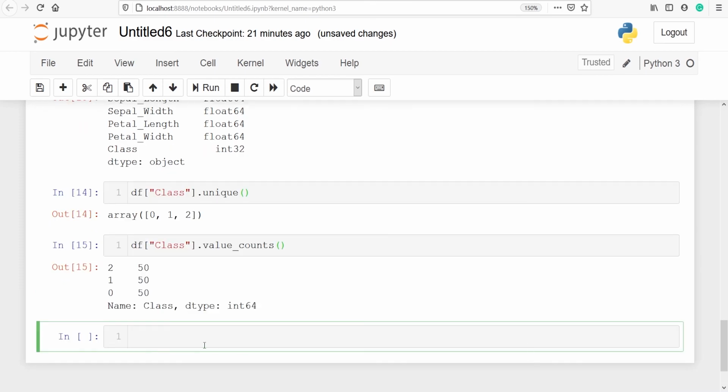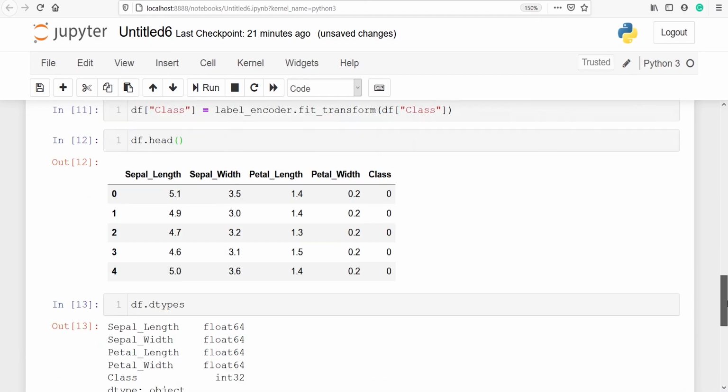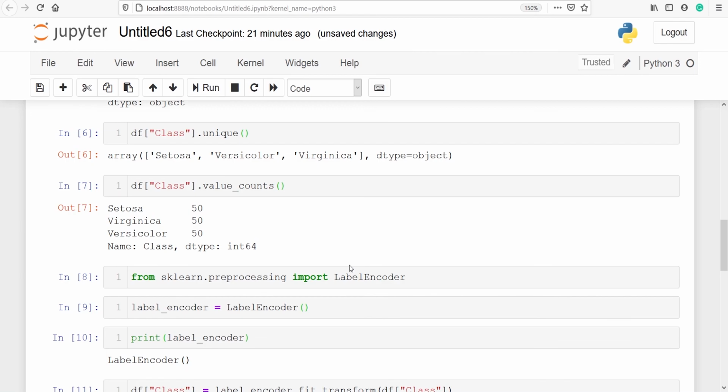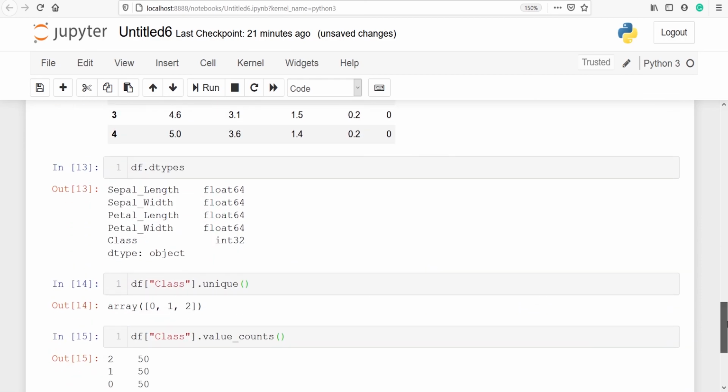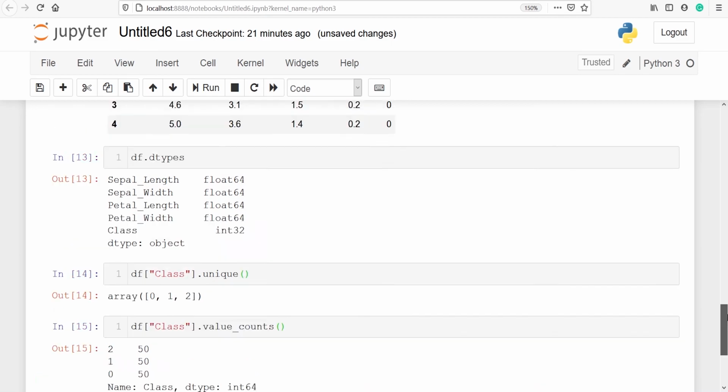In the output you can see that for 2 we have 50, for 1 50, for 0 50. So 0, 1, 2 all contain 50 observations. And in the original data frame also you will see that Setosa, virginica and versicolor contain 50 each. This is how we can apply the label encoder on the target variable y.